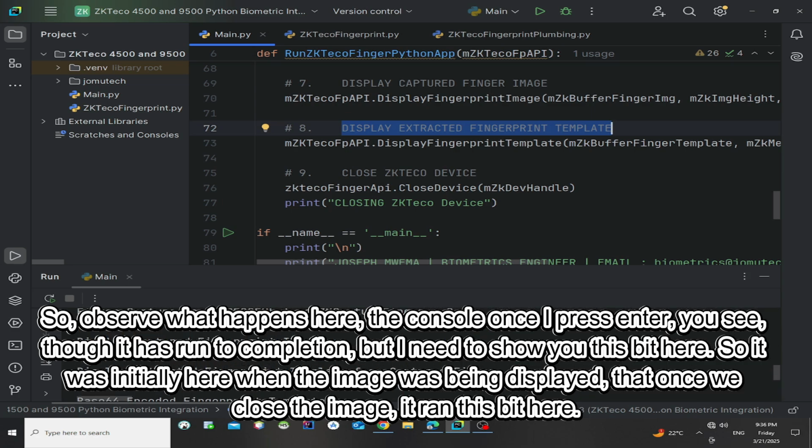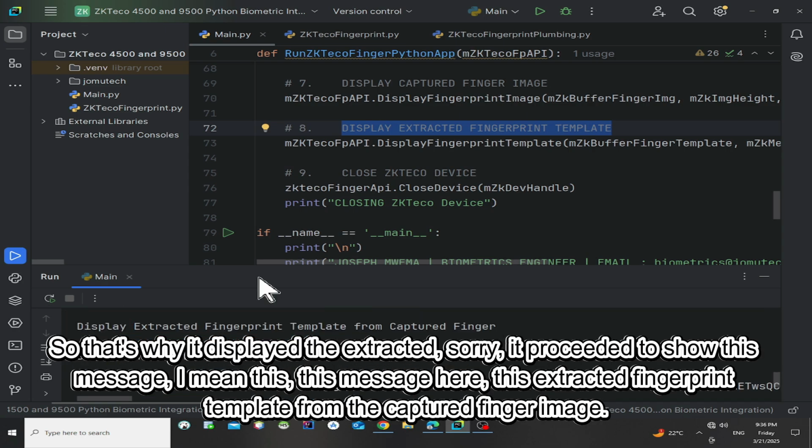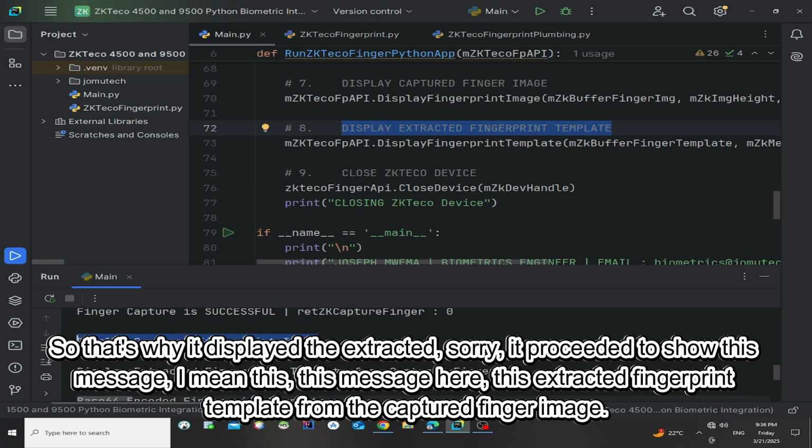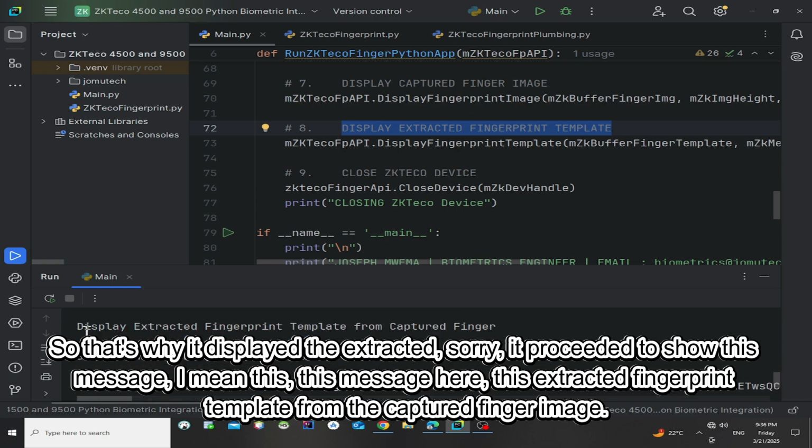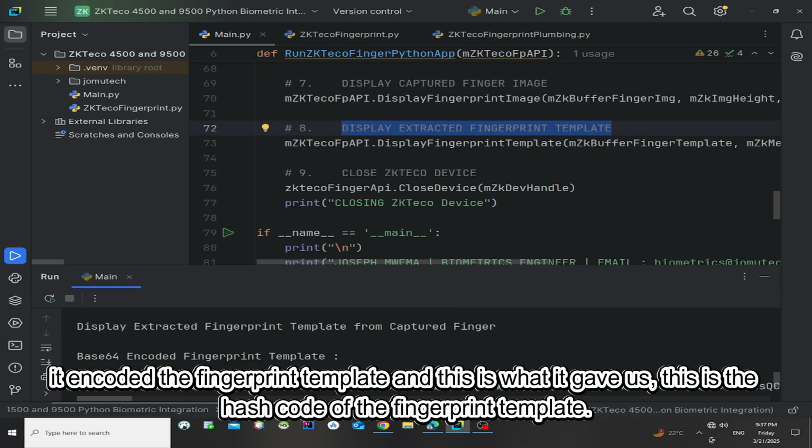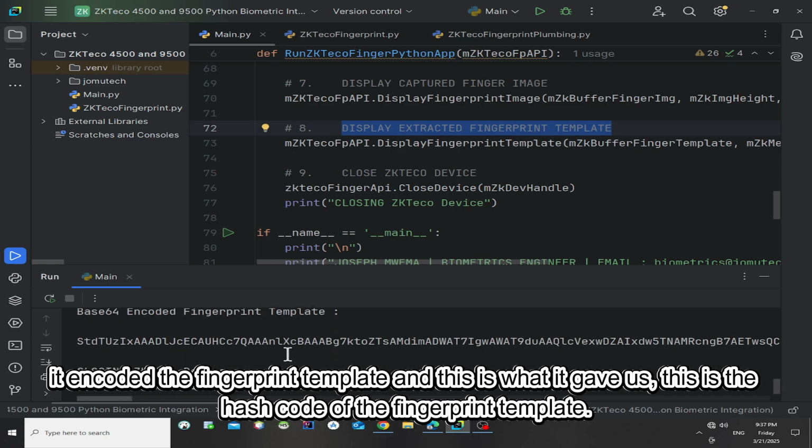It was initially here when the image was being displayed, and once we close the image, it ran this bit here. So it proceeded to show this message: display extracted fingerprint template from the captured finger. It encoded the fingerprint template, and this is what it gave us.